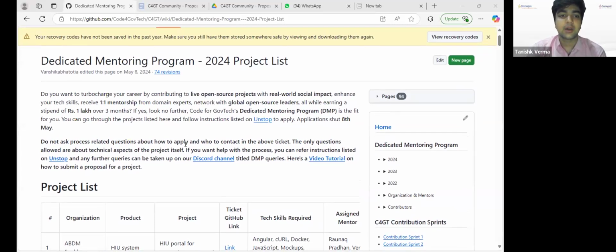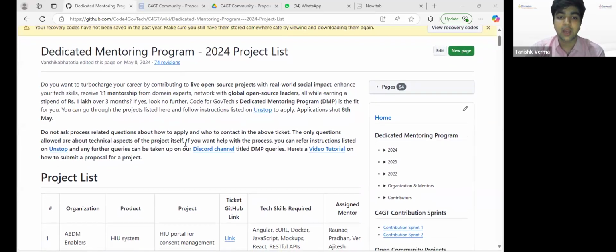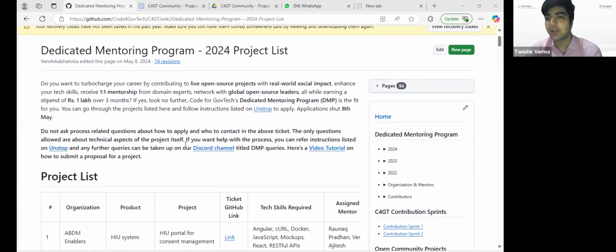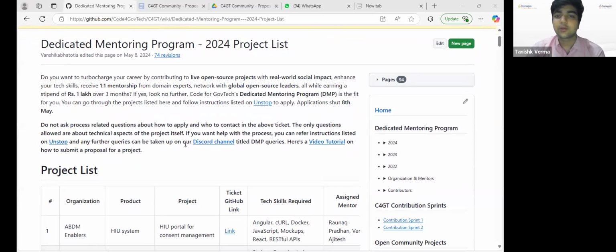What you can do is of course, you should join our Discord community channels. And if you have any queries regarding the projects, any ideas, or any queries regarding the application process, we'll be happy to guide you via dedicated channels on our Discord. And we will also upload a video tutorial once all the projects are live, guiding you through the application, from writing a good proposal to what kind of projects we have hosted this year.